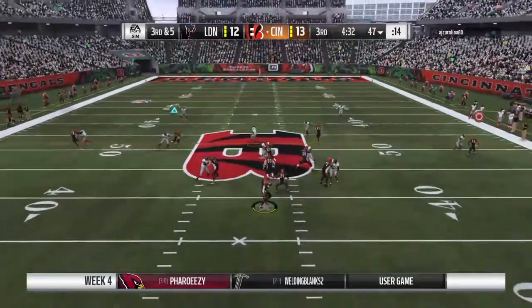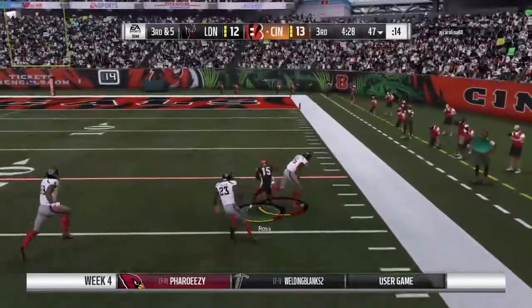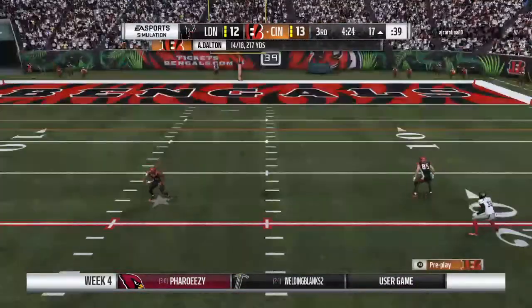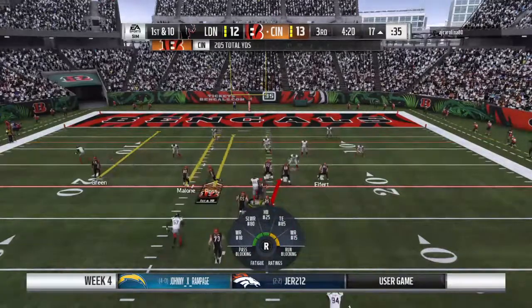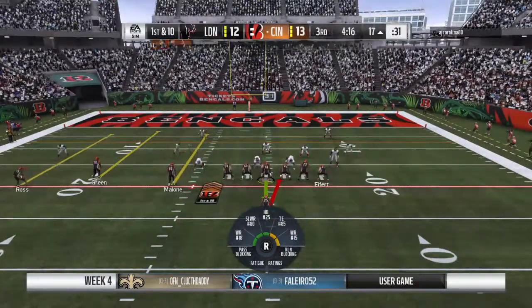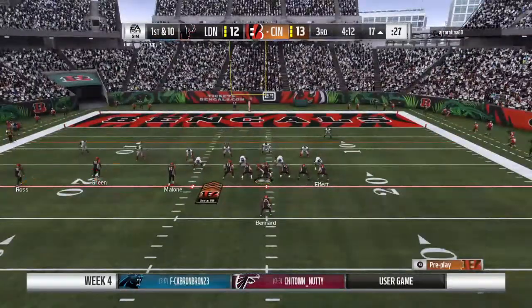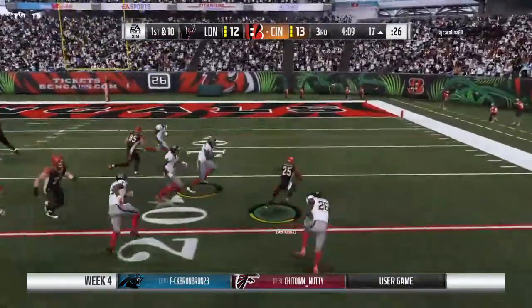Operating from the gun. Dalton. Got a man. It's Ross. Complete. And they'll wind up getting this one all the way down inside the 20. That goes as a gain of 36 on 3rd down. There will always be a place for methodically marching the ball downfield. But when you can pick it up in big chunks and strike like that and have explosive plays, that's often